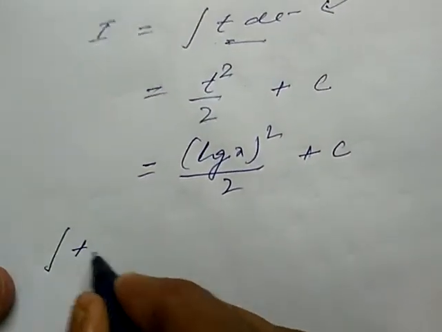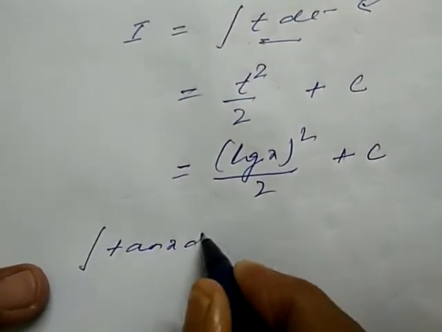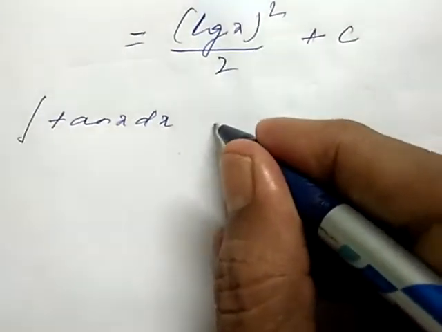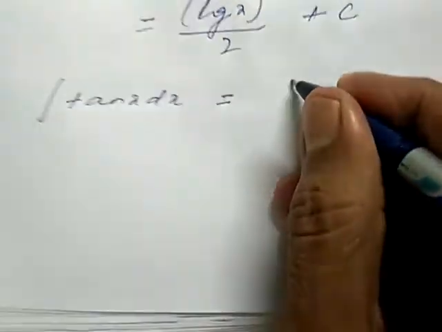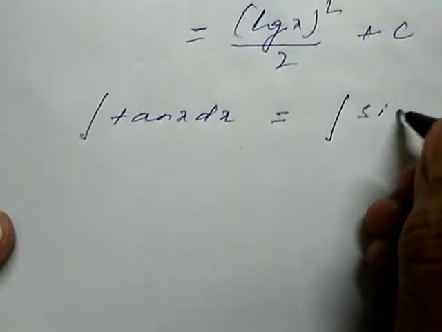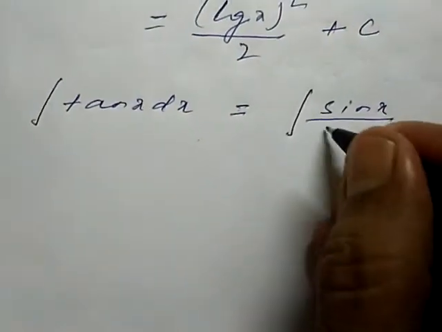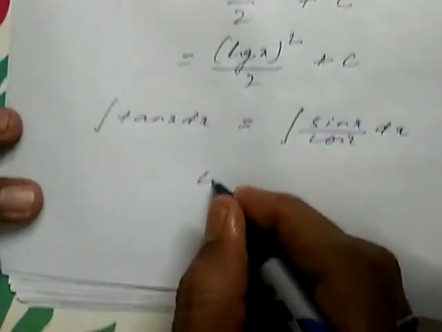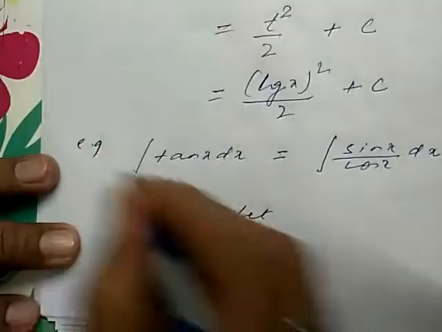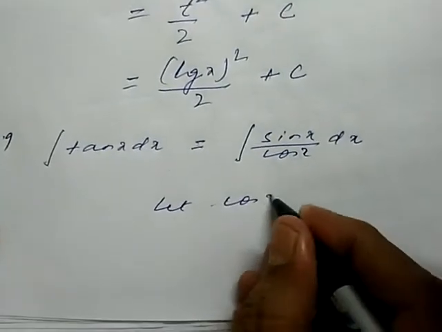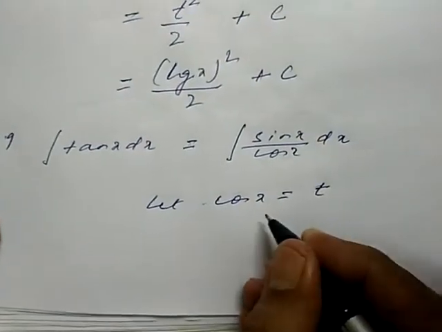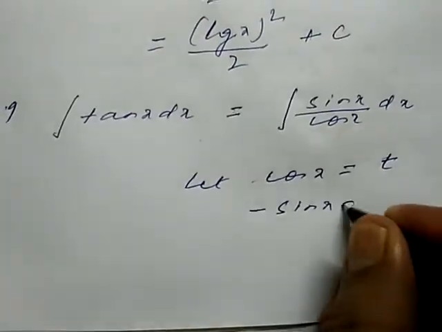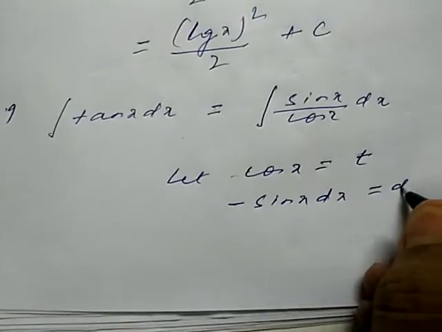this is tan x. We don't have any integral value for tan x till now, but today we do, so we can find it by the method of substitution. What will we do first? First, I am just moderating the integral to sin x upon cos x. Now, after moderating, we can assume here, let this be example number 2, let cos x equal t. Then its derivative, minus sin x dx will be equal to dt.